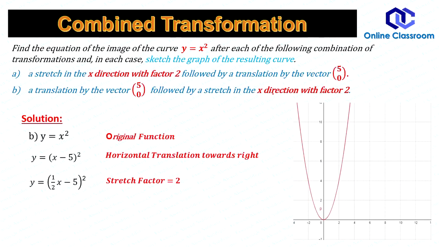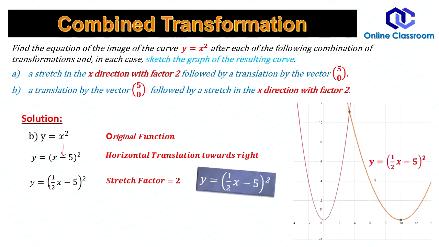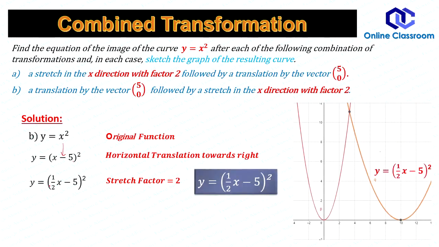First the translation. This plus 5 means you put here -5. Then you have stretch scale factor 2. It means you write here reciprocal 1/2, and your final equation will be like this. This is your final equation. Hopefully the idea is much clearer to my students.